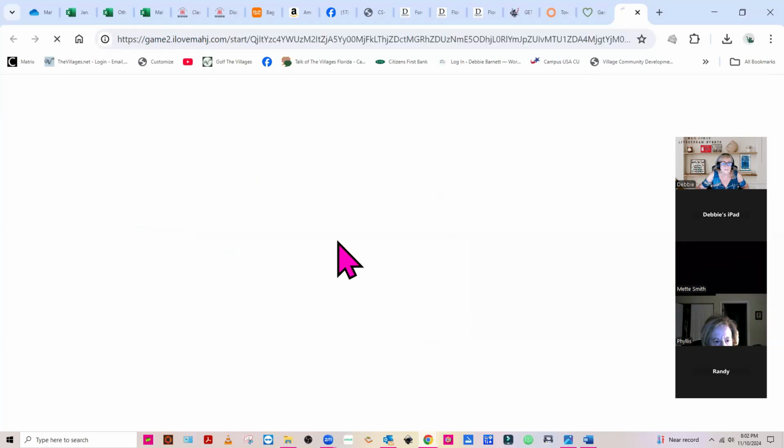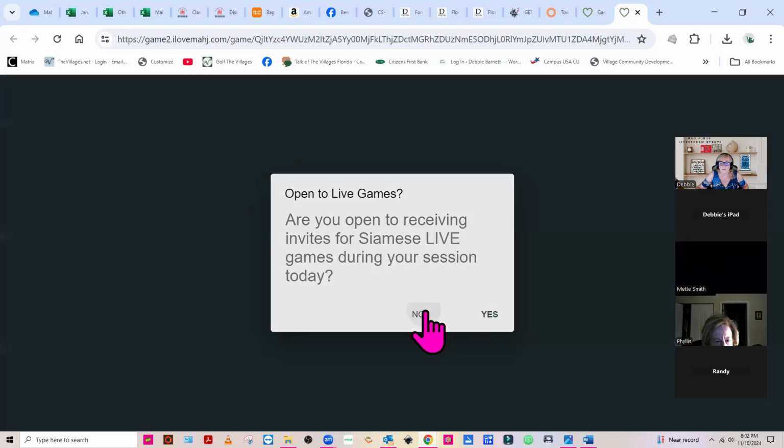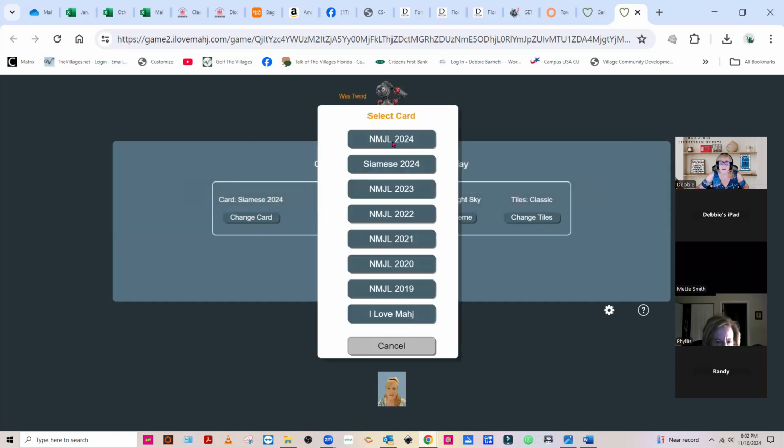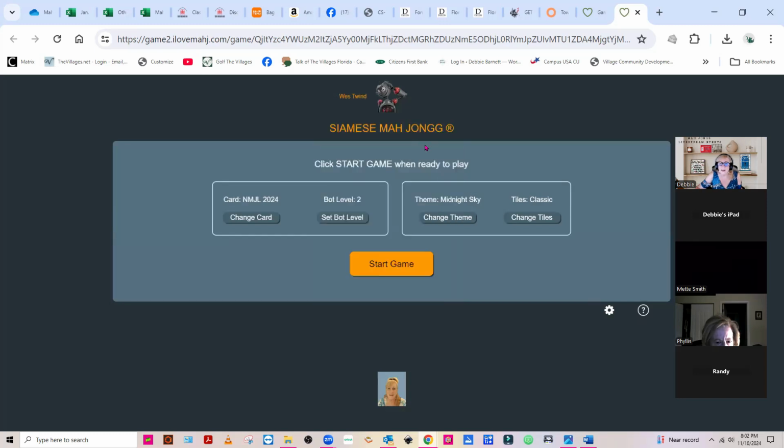And launch. And then we have to change it on the next screen. Well, that was fun, though. It was. That was a fun little round there, a couple rounds. National Mah Jongg League card and